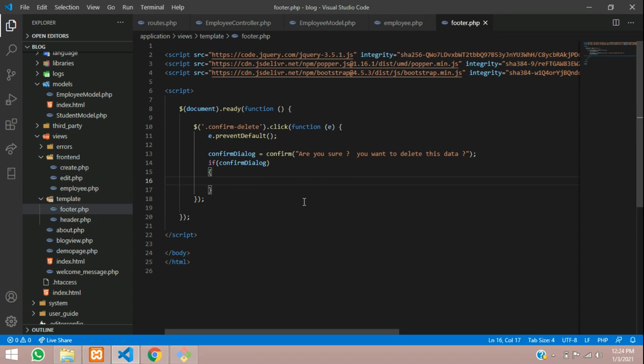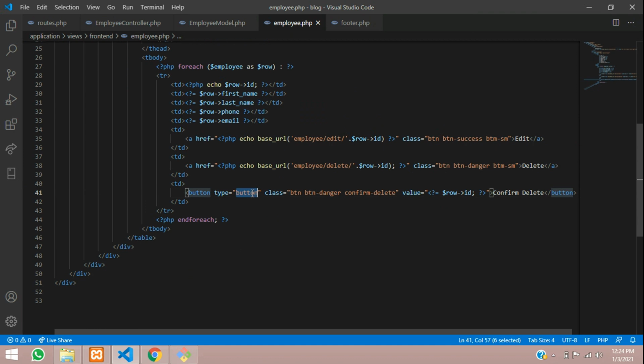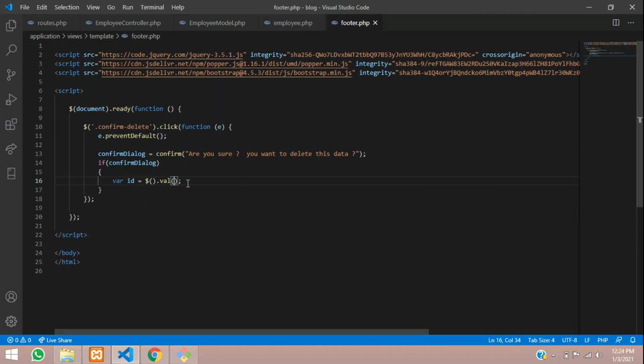So let's get the value first. So let me just write id is equal to dollar of val function. Okay, so what value are you going to get? I am telling that when I click this button, that time I will get this value, dollar id of it. So let's just see the demo once. So let us get that here. Dollar this we will mention. So dollar this means it will be on the current action, where dollar id. So let's alert this dollar id and show you a demo.